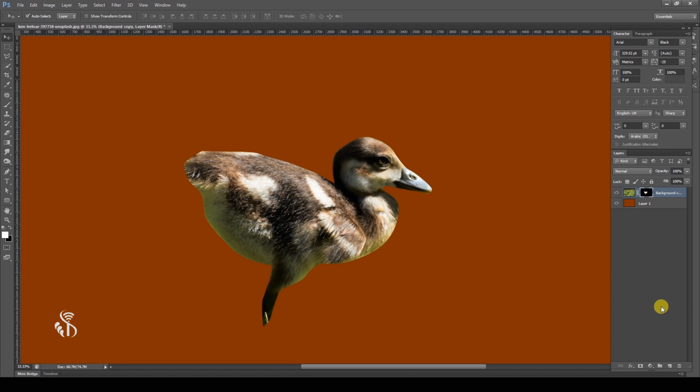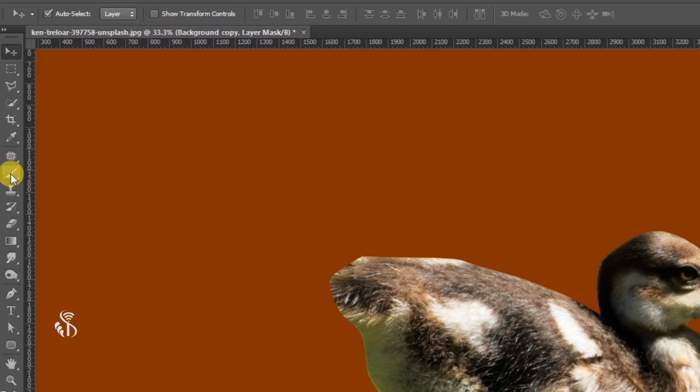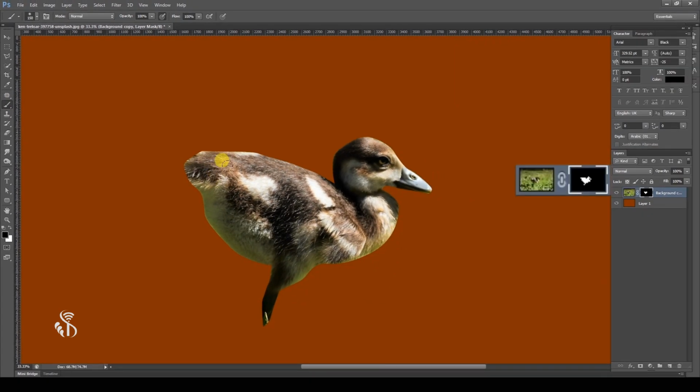Now we will keep the mask selected in the layer palette and give black color to some areas so that part will be hidden. To give the black color, we will use the brush tool. Observe how when we move the brush on parts of the image, the background color of the image can be seen.